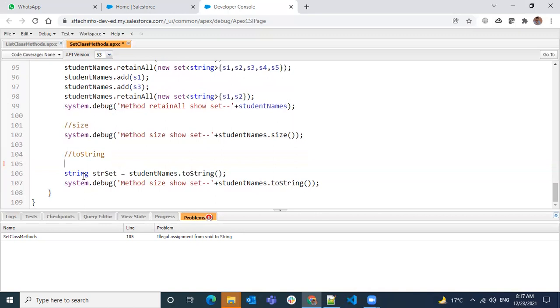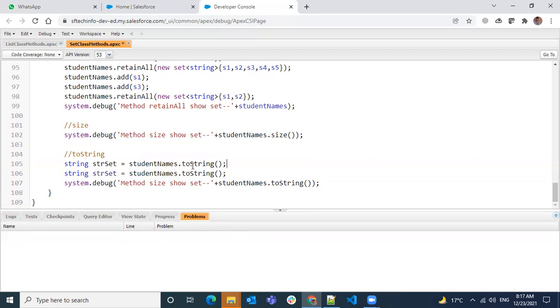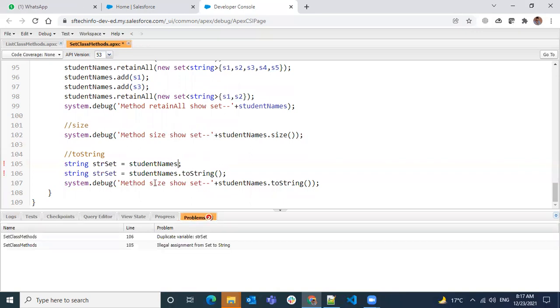So here, if you observe, so if you see here, when I'm trying to assign this set to a string value, we cannot assign, but we can convert this set to a string and we can assign it to a string.